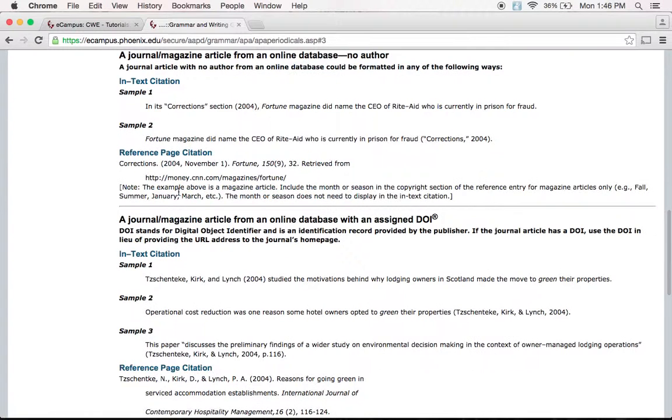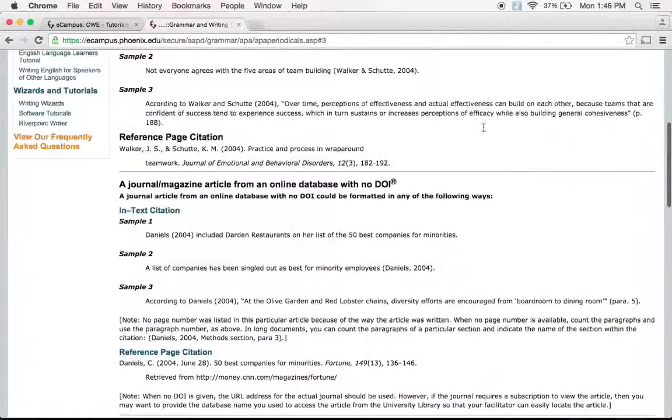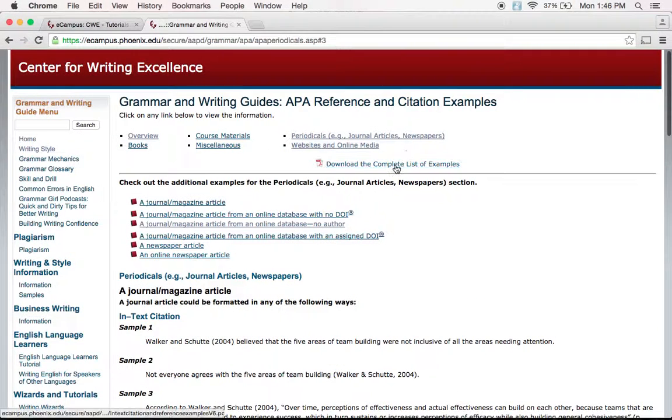See here, you're going to find different things when you go through the examples. What if there's no author? Okay. What are you going to do? Well, it's going to tell you to put the article name first. Okay, and then you leave it out where you would have had it before. But like I said, the textbook I think is really great. This CWE source of examples is really good too. If you want to have all of the examples by your side, you can click on the full list of examples. I'll load that up for you and you can take a look.